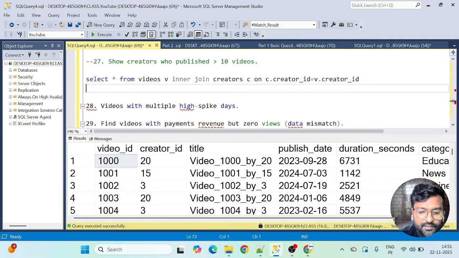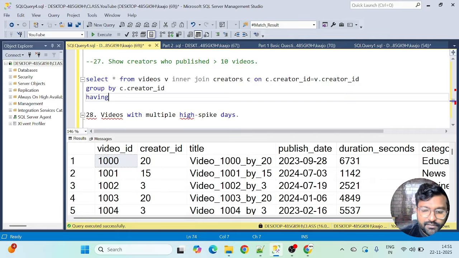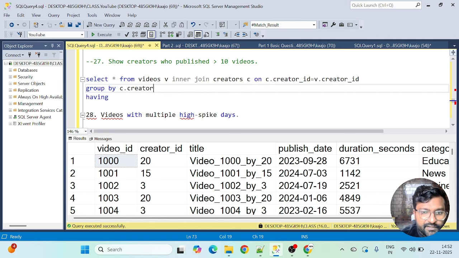Okay, and we gotta do a group by what? C dot creator ID having, right? Because they're asking us all those creators who published more than 10 videos. Let's do a group by creator name, so that I can get the creator name in my select clause as well, right?